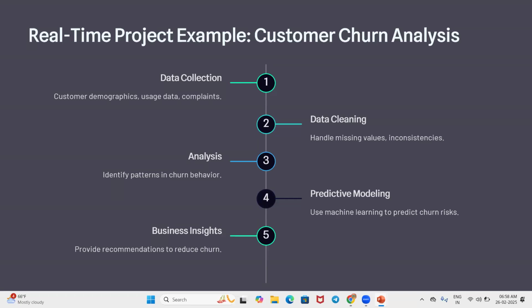This is how the day-to-day roles and responsibilities work, an example of customer churn analysis. In a similar way, we can take the example of Amazon also. The roles and responsibilities of a data analyst work in this way. First, the data collection. After collecting the data, we have to clean the data.